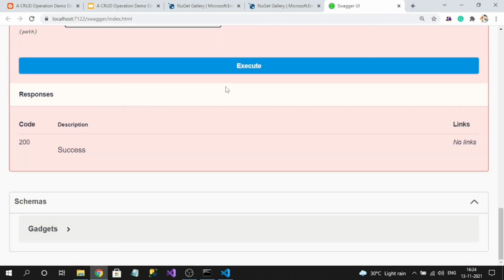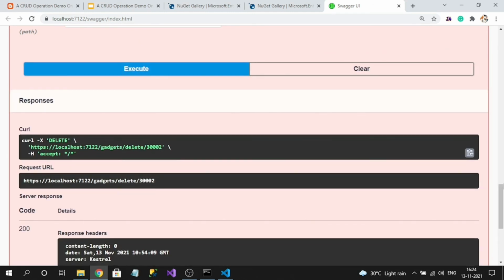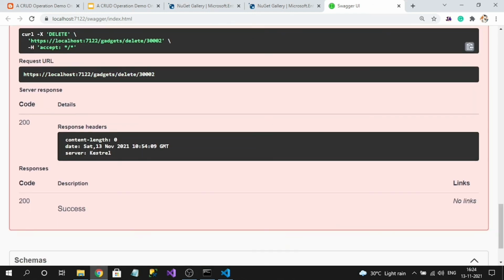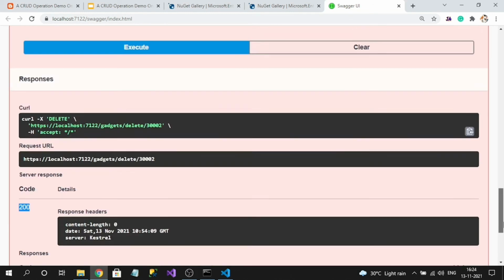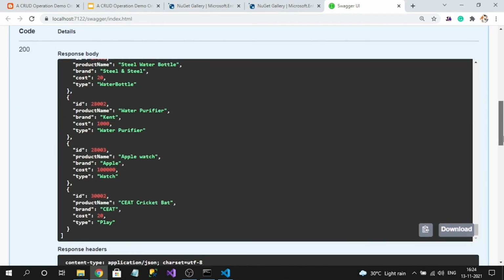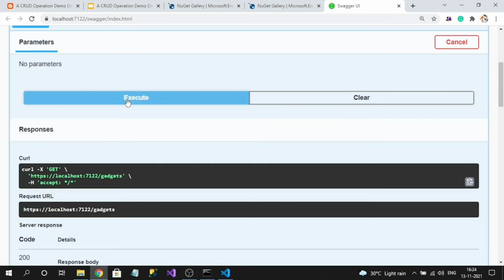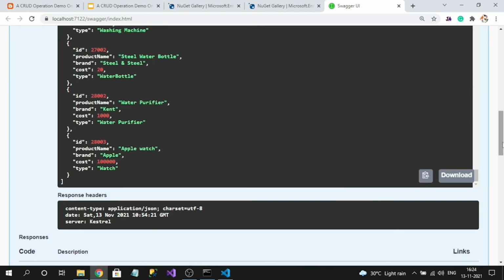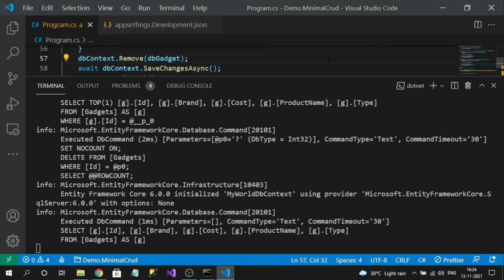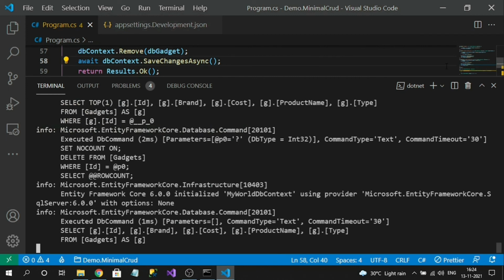You can pass it and execute, and we got a 200 response. To check whether our record is successfully deleted or not, we can again execute the get API, so that our record should not exist. So if I go here, see, the 30002 record is no more here. So that says our CRUD operation is successfully completed.